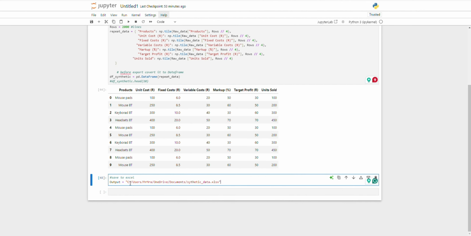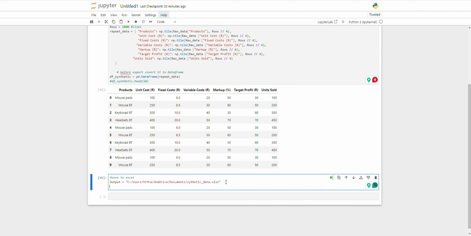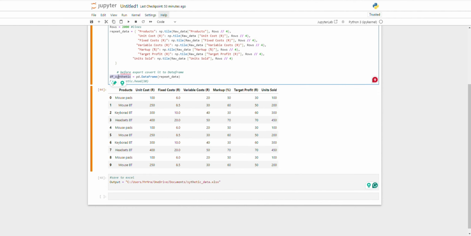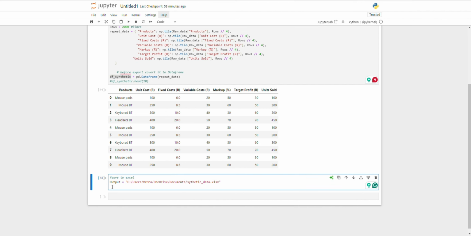Okay, so now that I've defined my output, it's gonna be this synthetic, and paste. So synthetic dot to underscore Excel. So that's going to be output, capital O Output. And then index. Yes, Excel. That's the Excel part. And then our last step would be something like